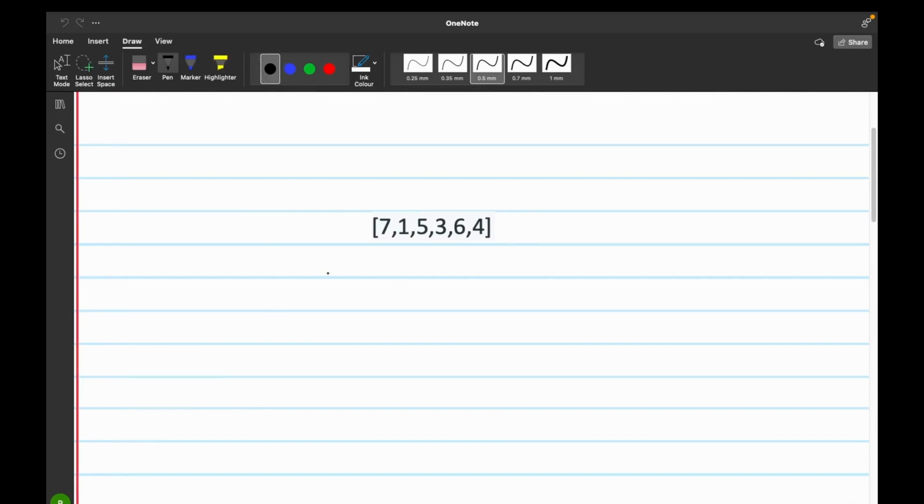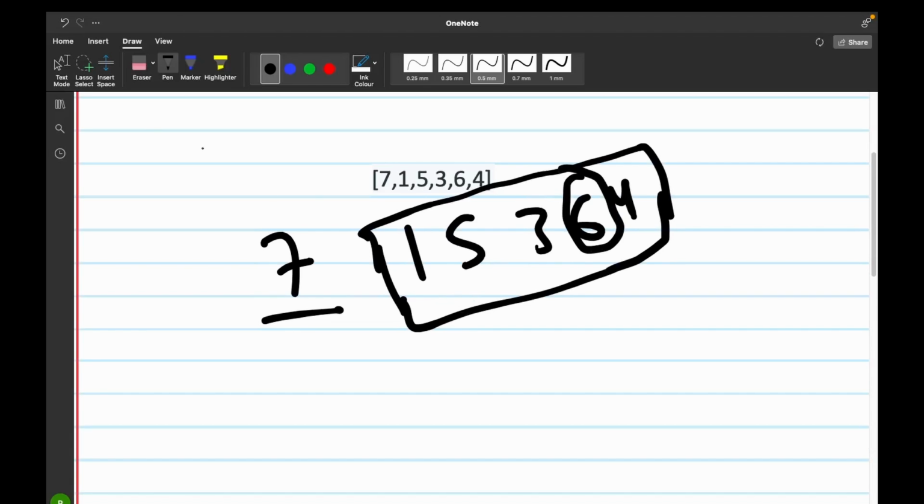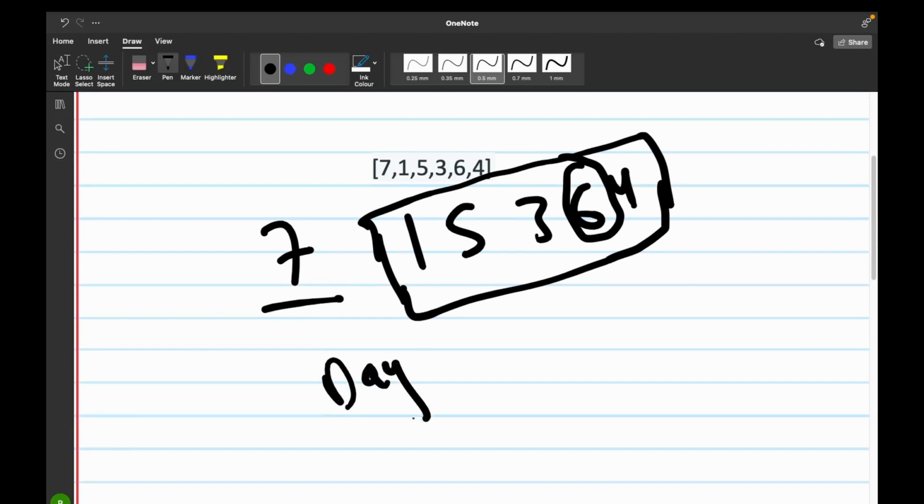Now once we take this test case, the first thought that comes to our mind whenever we see this problem is that we would take the price of day 1 and compare it with the price of the next days, that is the days other than day 1, and we would see the maximum price that we are getting to sell the stock from the other days. Here the maximum price that we are getting to sell the stock is 6, so we sell the stock for 6 for day 1 and tell the profit as -1.